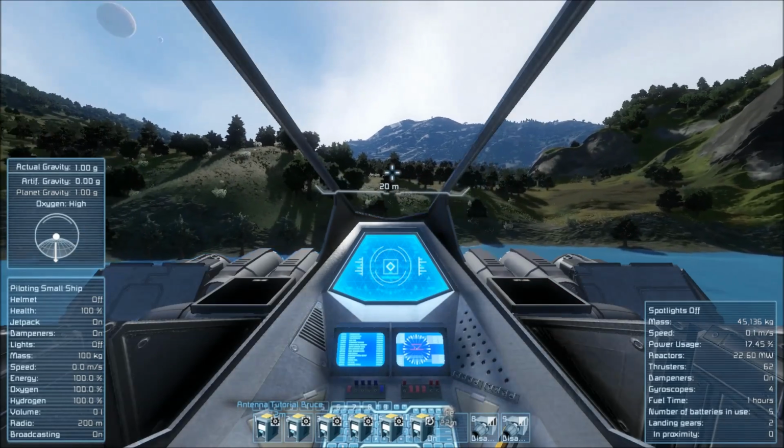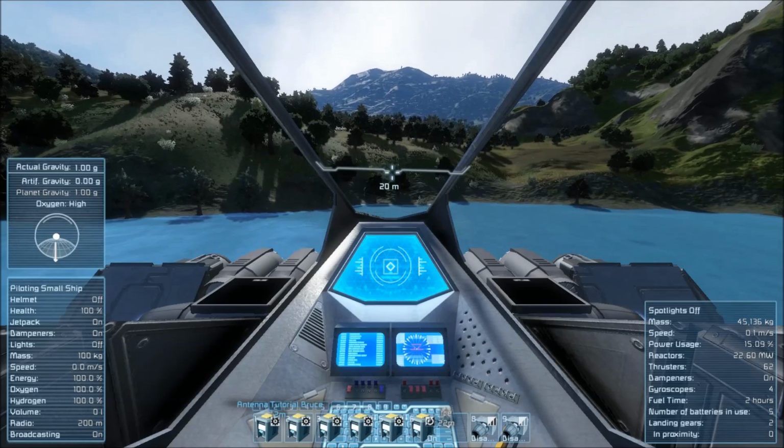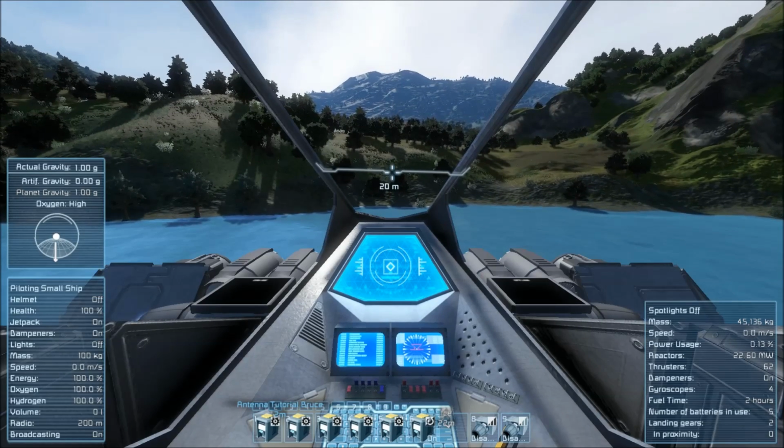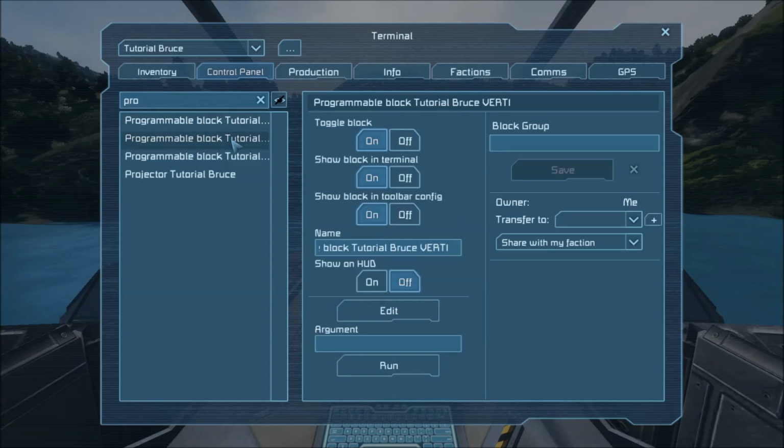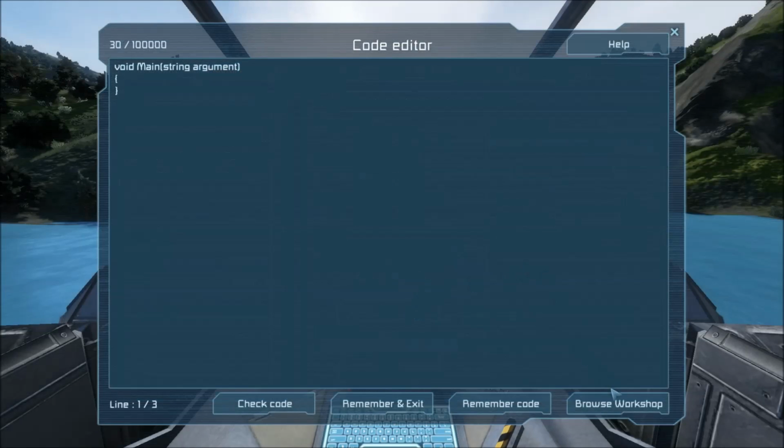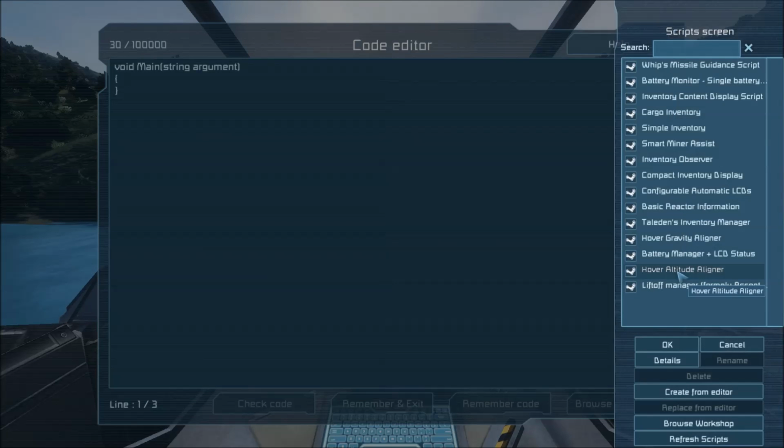So now we have free control of the ship. Go ahead and do the same for the Verti programming block. So again, type in program, click on the Verti block, hit edit, browse workshop, select the very same hover altitude